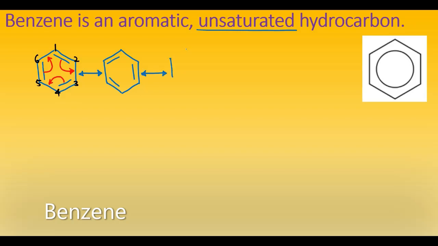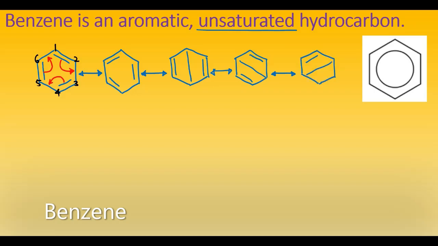There are a total of 5 resonating structures in which the double bond could be between carbon atom number 2 and 3, between 5 and 6, and 1 and 4. Similarly, 2 other structures are showing the double bond between 1 and 2, 3 and 6, and 4 and 5. And the last structure is showing the resonance between the carbon atom numbers 6 and 1, 2 and 5, and 3 and 4. So the IUPAC name of the benzene is cyclohexane